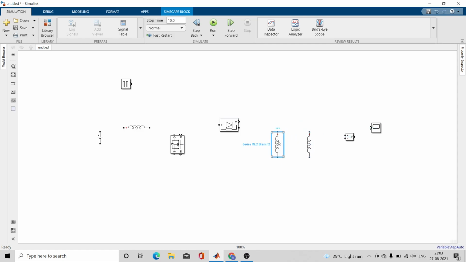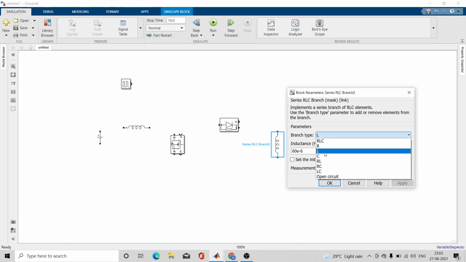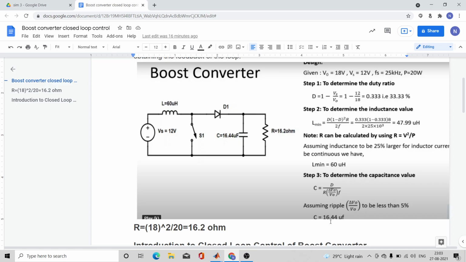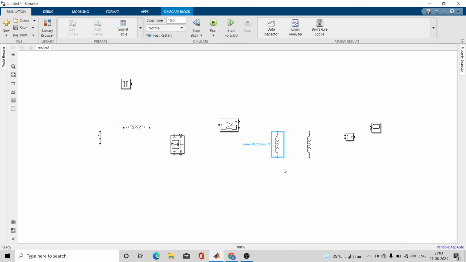So here I want a capacitor. I'll click on it. Branch type to be capacitor. And what is the value of capacitor that you require? Capacitance value should be 16.44 microfarad.